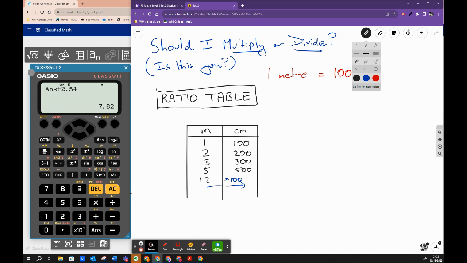And so when you're doing a question like this, I want you to just take time, draw yourself a little ratio table like this and just make sure that you're happy that you've understood what's going on here. Before you deal with what you're asked to do, just make sure, yes, I've got it, 100, 200, I'm multiplying by 100. And get that secure in your mind so that if I'm asked, say, convert